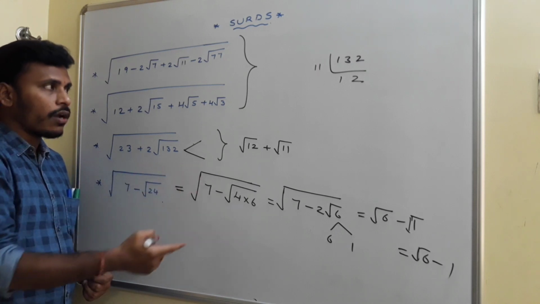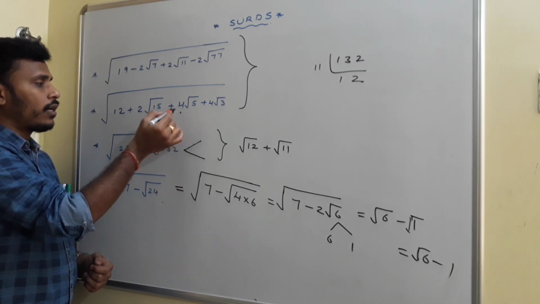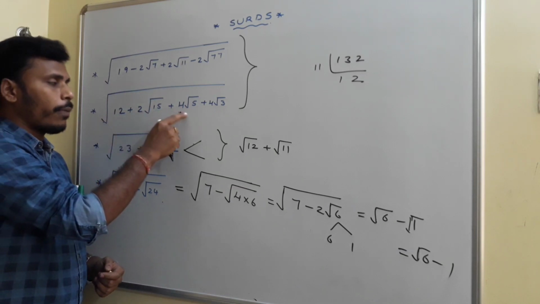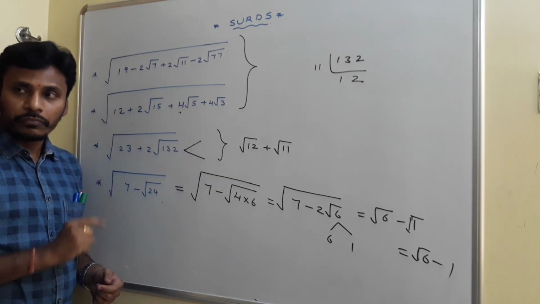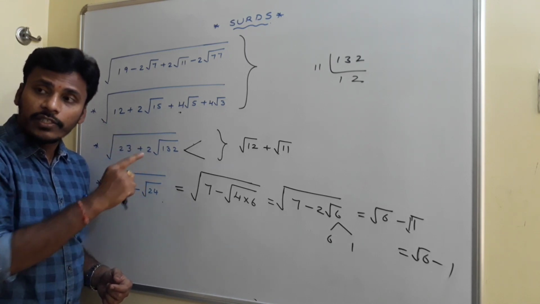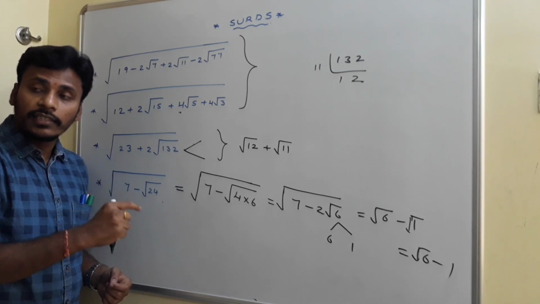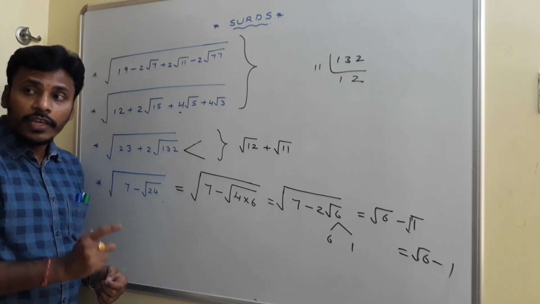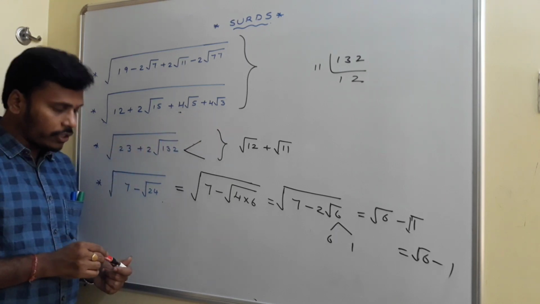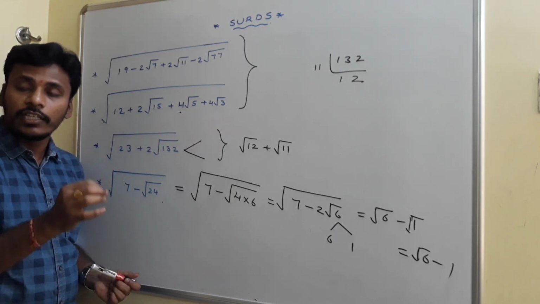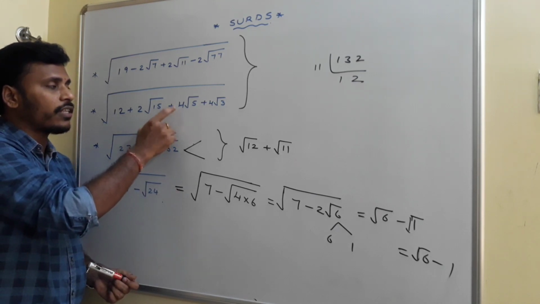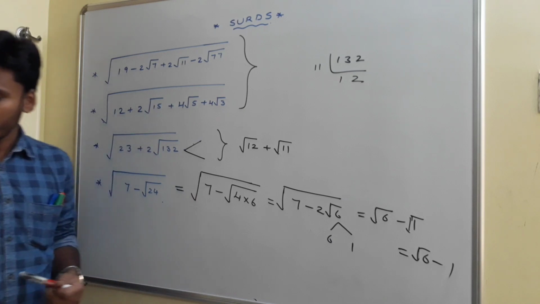Just have a look, and I am going to solve this problem, which is the square root for this 12 plus 2 root 15 plus 4 root 5 plus 4 root 3. If you think about yesterday's direct trick, there to find the square root, we utilized the concept of a plus b whole square. Now here, to find the square root for such surds, you need to utilize the formula for a plus b plus c whole square. Right? Just have a look. I am erasing these two, and I will try to find the square root for this problem now.